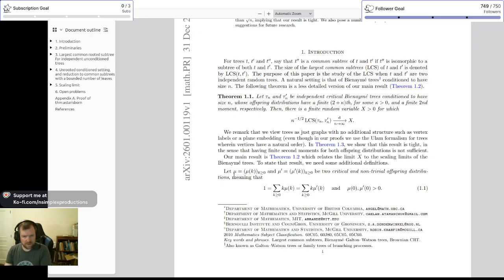Let mu of k, where k is greater than or equal to 0, and mu prime of k, where k is greater than or equal to 0, be two critical and non-trivial offspring distributions, meaning that 1 is equal to the sum over k of k times mu of k, which is equal to the sum over k of k times mu prime of k. Right? So